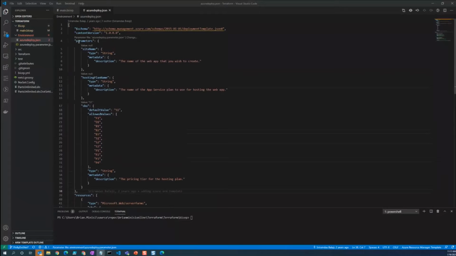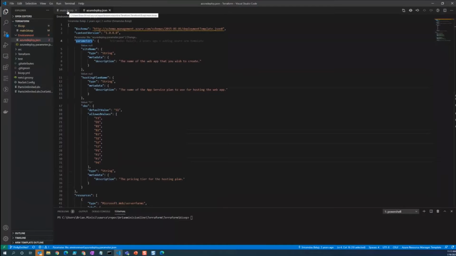So we have parameters here, as you can see. The first thing we want to do is build out our parameters. We have a few here, and let's get started with that.